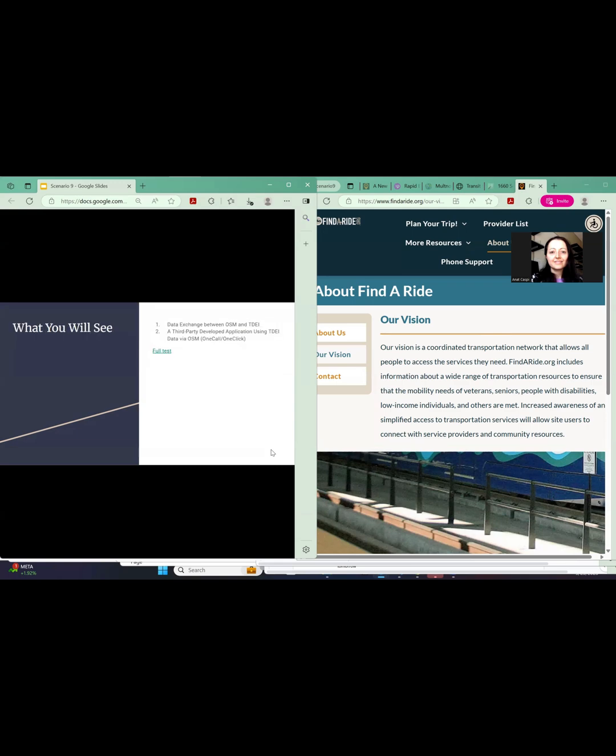What we will demonstrate through this scenario is the data exchange between OSM and TDEi, and that a third-party developer can use the TDEi data through OSM, as the example of One Call, One Click. I will motivate this scenario by saying that we've established a pipeline for sidewalk and transit data to both do the data collection, but then be able to standardize the data in OSM and enrich and share it through OpenStreetMap.